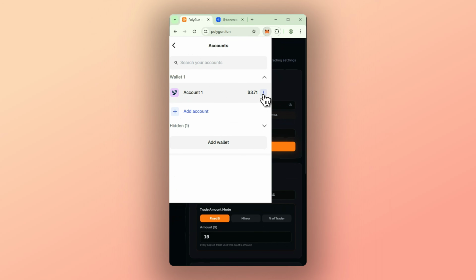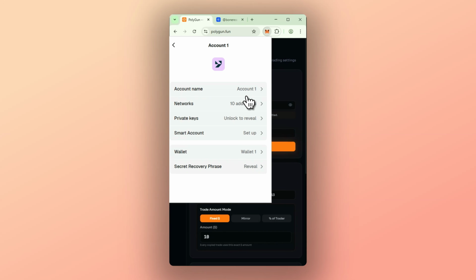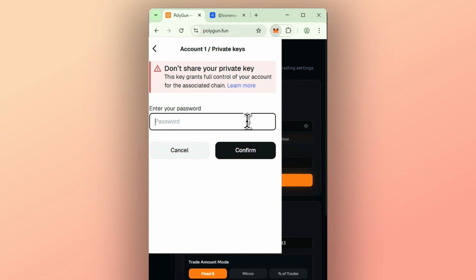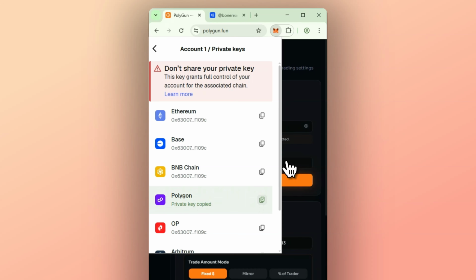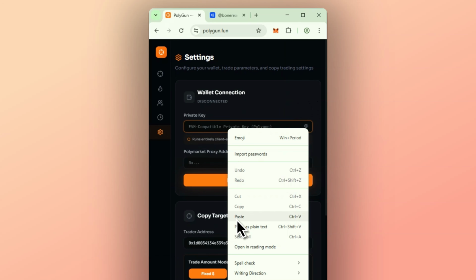Now, navigate to your wallet. This example uses MetaMask, and choose Account Details to safely manage your wallet settings. Then, unlock your wallet by entering your password and confirming. Copy your private key and paste it to the PolyGun app, which will enable access to the advanced copy trading